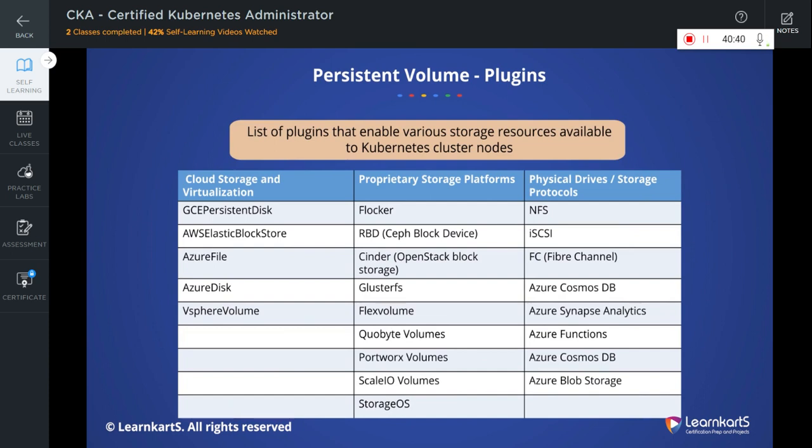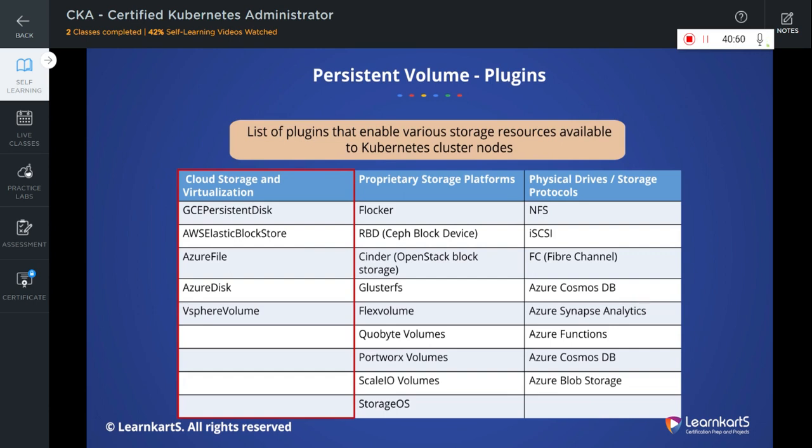Instead, I'll use Azure File, Azure Disk, AWS Elastic Block Store, Google Cloud Persistent Disk, or vSphere Volume, all these cloud-based solutions, as my persistent volume,